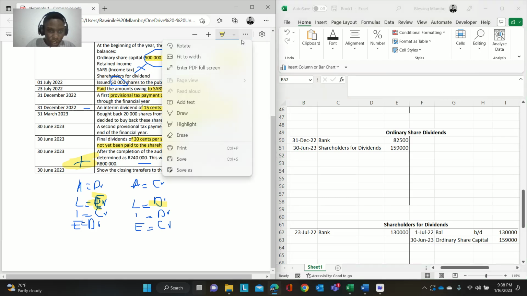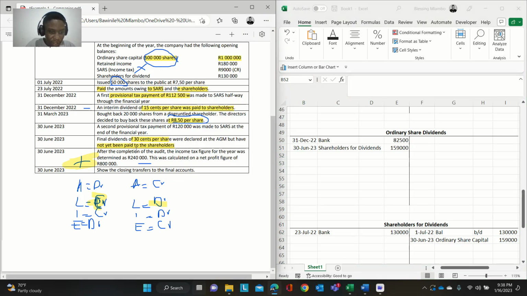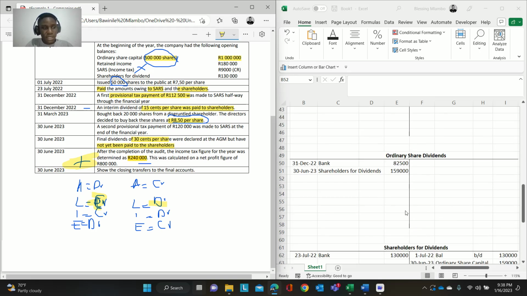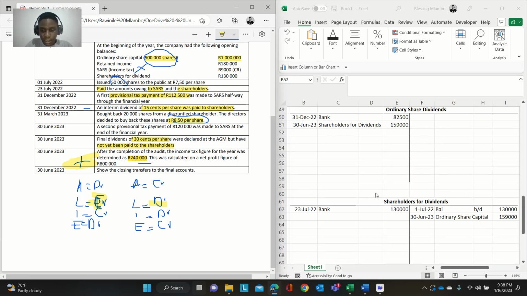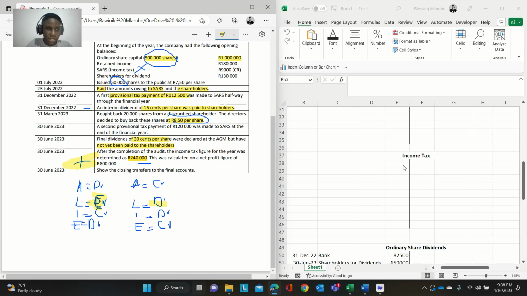And then let's go to the next question. So they say after the completion of the audit, the income tax figure for the year was determined to be 240. So now SARS comes to us, or after we've calculated the profit, we can multiply the profit by the income tax rate. And when we do that, we find that this is the amount we're supposed to pay to SARS this year, meaning that our income tax expense is increasing. Remember, we said income tax account is an expense account, and expenses increase on the debit side, meaning that we're going to increase this account by